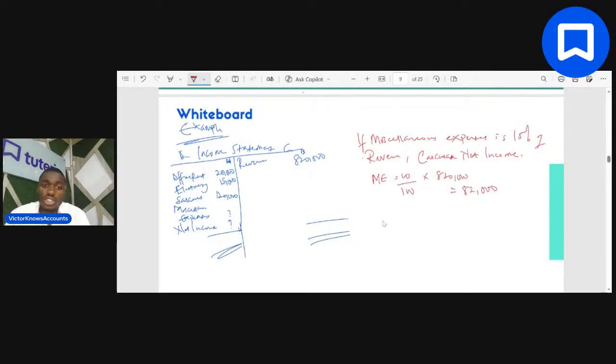Then we have to calculate total expenses. Total expenses is therefore office rent of 20,000 plus electricity of 15,000 plus salaries of 120,000 plus miscellaneous expenses as calculated above, 82,000. That gives us total expenses to be